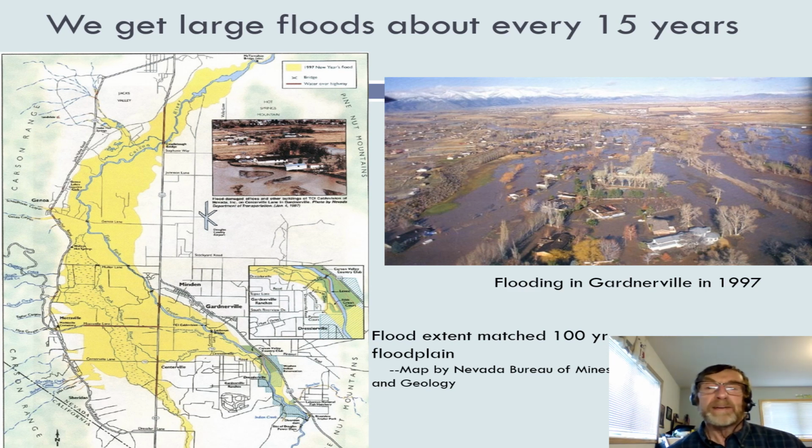Some of the other really big floods that occurred in western Nevada were huge floods in 1862, also big floods in 1890, 1907, 1938, 1950, 1955. Sometimes you get floods that are 2 or 3 years apart, or 5 years apart, and other times it's over 20 years apart. In any case, the big ones do a lot of damage. And in the Carson River Watershed, 1997 did damage all the way down the river. Carson Valley, Carson City,